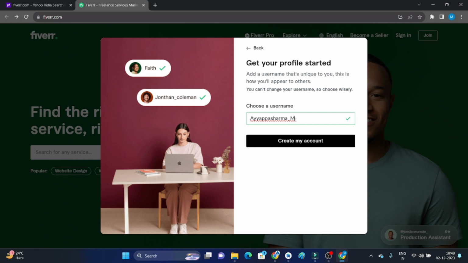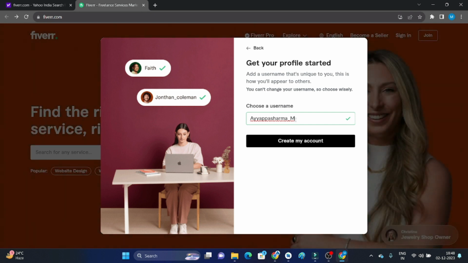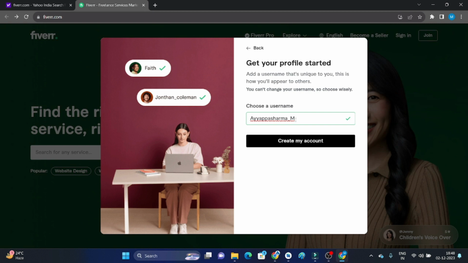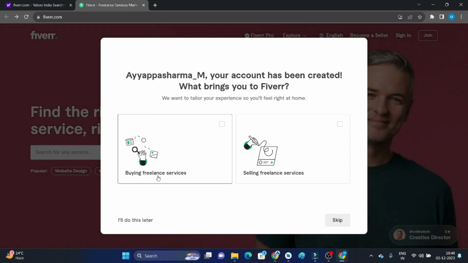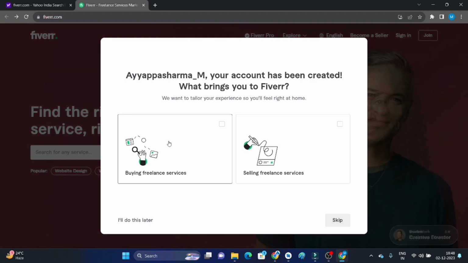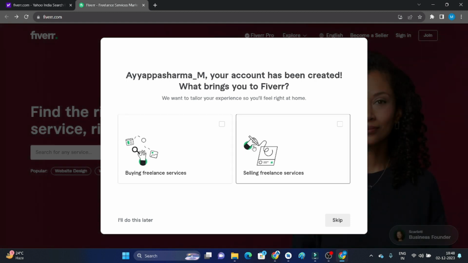With your name there may be other users, that's why this username may not be available for you, but you need to change your username so that one of the best usernames may be available, and you can choose that username to create the account. Now I just click on create my account, and then I will move on to buying or selling freelancing services. Which means, do you want freelancing services on fiverr.com? That means you become a client here, or you want